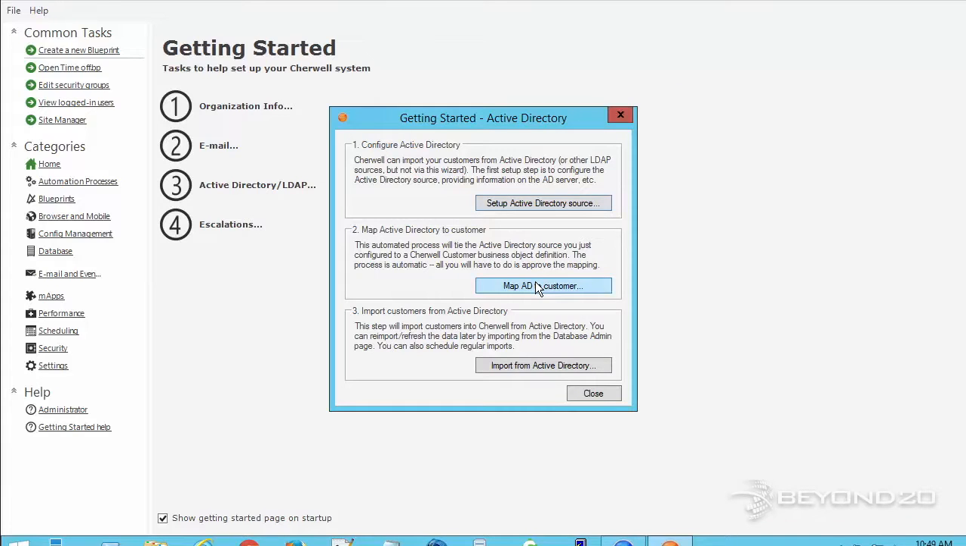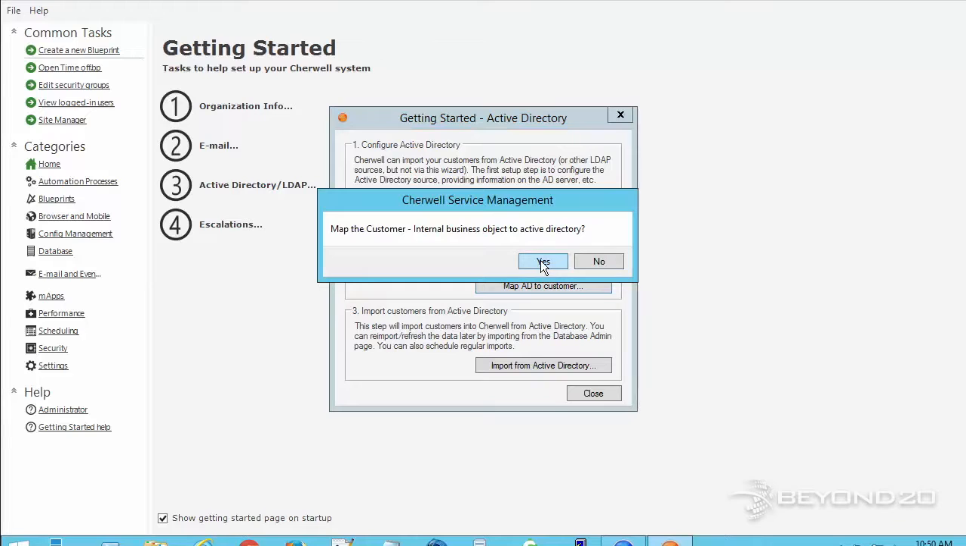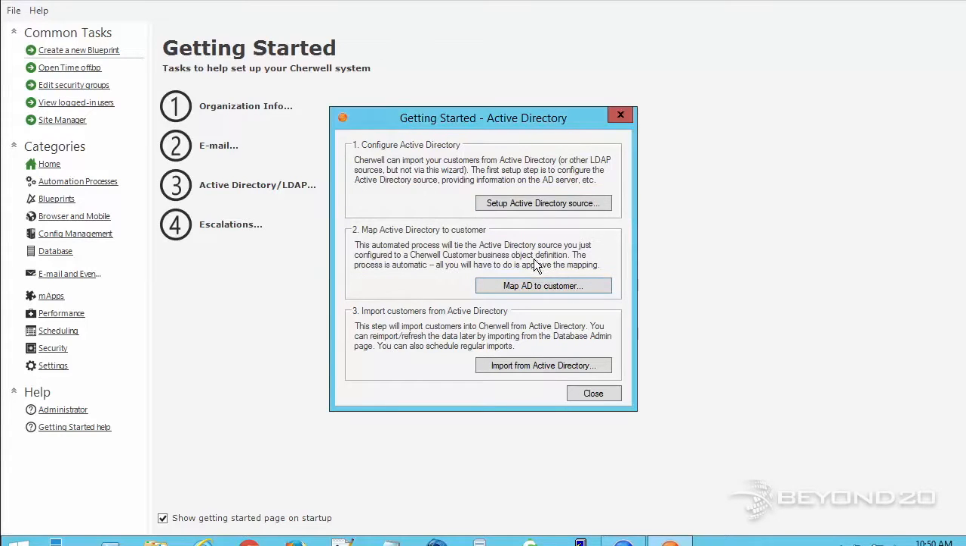Next step is to map Active Directory to customers. So we're going to go ahead and map this to our customer internal business object. I'm going to go ahead and hit OK there, and that's been completed. Lastly, we're going to want to import from Active Directory into our customer table. So we're going to left click on